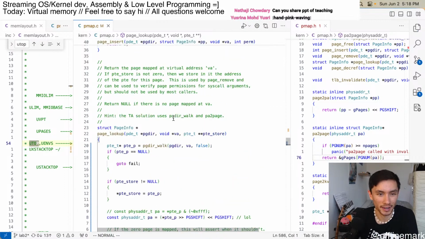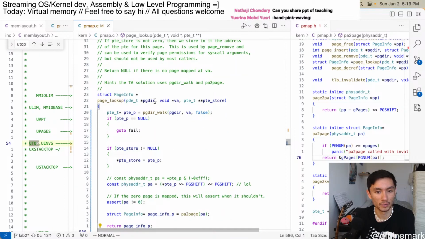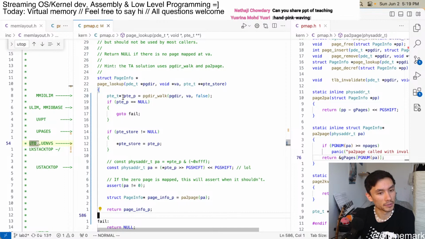I think that's kind of correct. Return the page mapped at this virtual address. If this thing is not 0, store in it the address of the PTE. If there's no page mapped, we walk and try to get the PTE, and we don't want to create anything. If it returned null,